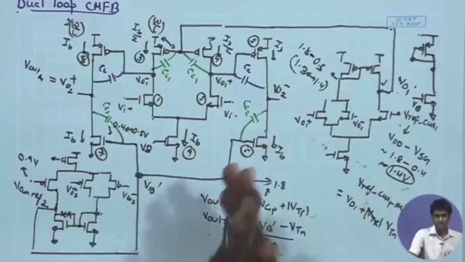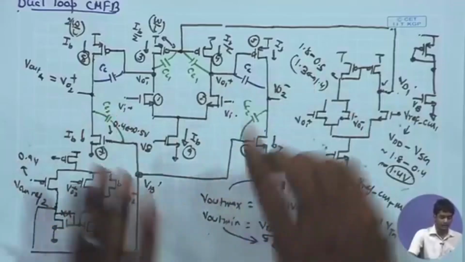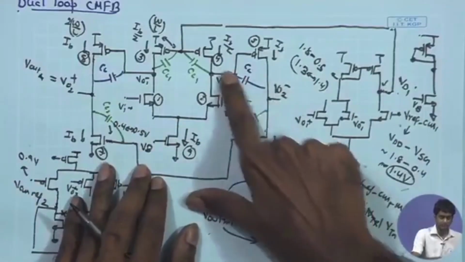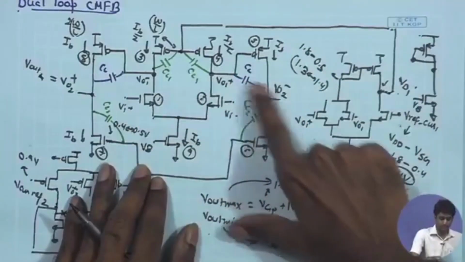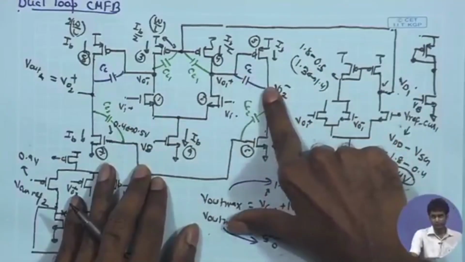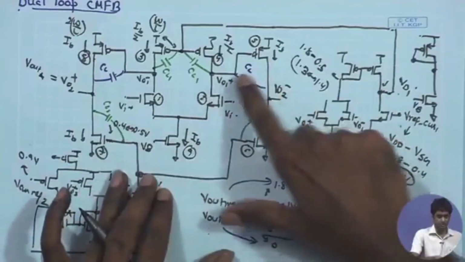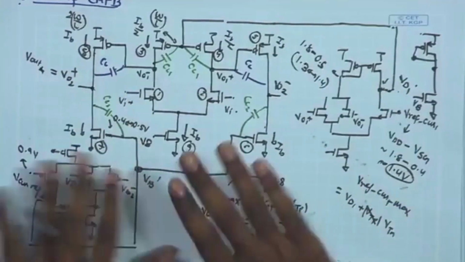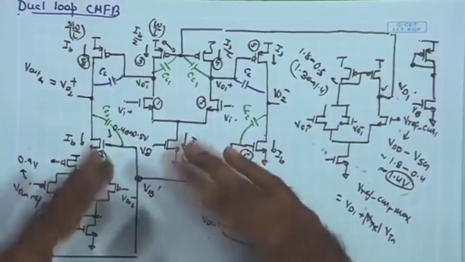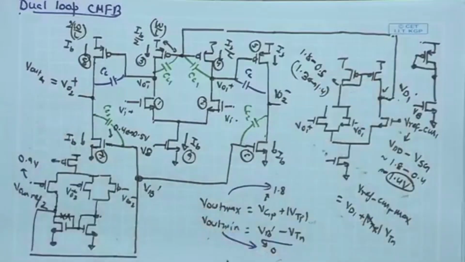whereas for the earlier case that we had discussed, the single loop common mode feedback, we had noticed that the overall bandwidth of the common mode loop as well as the differential loop would be dictated by the single CC that was used for compensating both the loops. So both the loops are constrained to the same bandwidth, and that may not be the optimal case, and that is the major advantage of a two loop common mode feedback for the